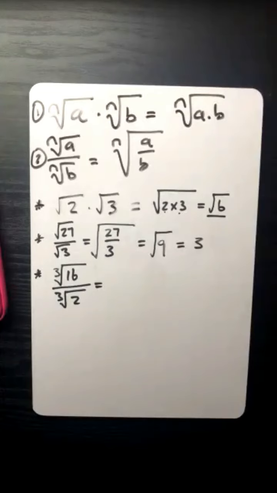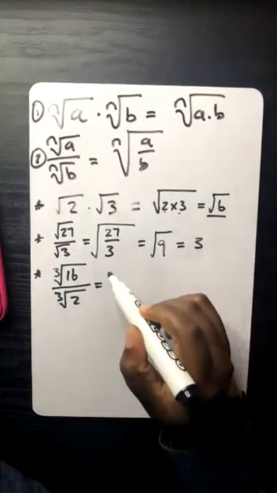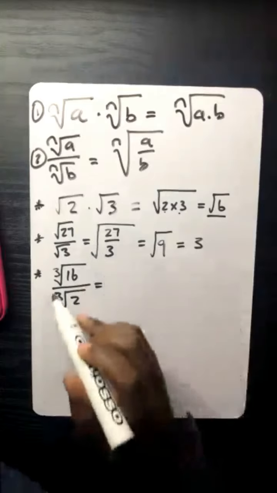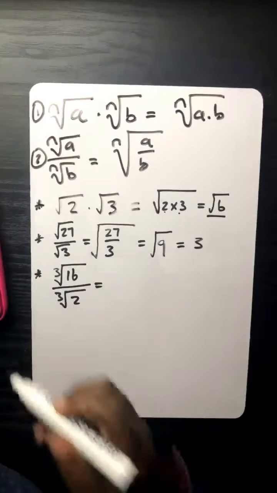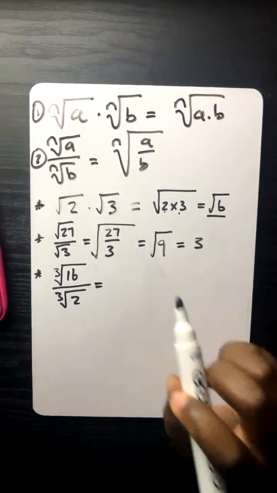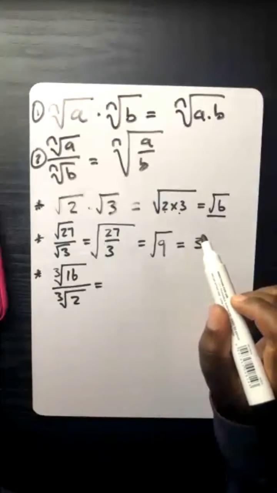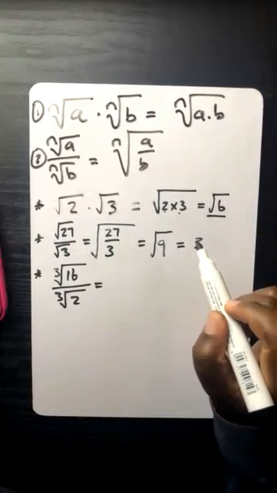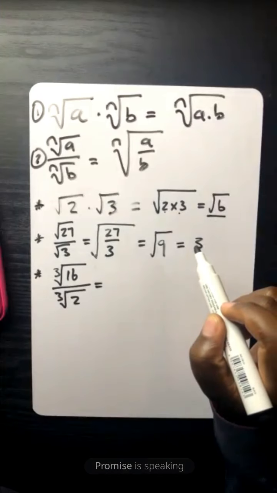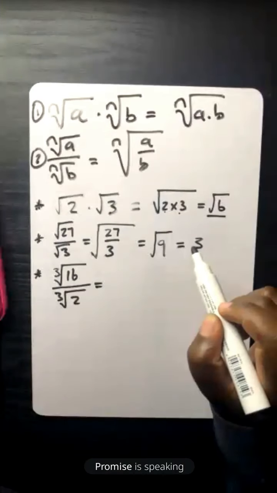Step number 2, sir. Step number 2, then what is that step over there? What do I write over there? It's going to be... Anyone to guess? Yes, sir. It's going to be